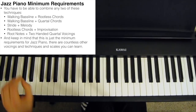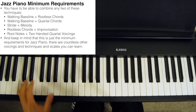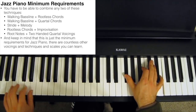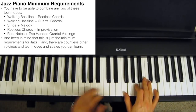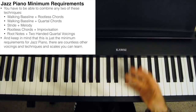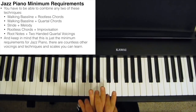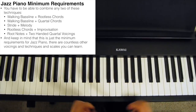Or solitary root notes in your left, followed by two-handed voicings. Right, so by combining all these individual ingredients, which by themselves are a little bit boring, you can start to create something a little bit more interesting and a little bit more holistic. And keep in mind, this is just the minimum requirements for jazz piano, or the starter pack for jazz piano,